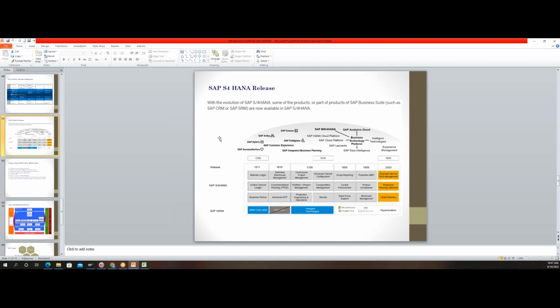Say, for example, in 1511 we only had material ledger, unified general ledger, and the business partner concept. By 1610, there is a new concept called advanced ATP process and extended warehouse management, which were embedded into this product. Likewise, going forward, you can see the predictive MRP,